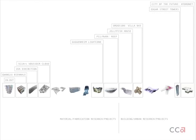What unites the work is this interest in heightening the performative aspect of architecture in terms of space, form, material, and fabrication technique, particularly in relation to site and experiential contexts. We also try to work with an idea of adaptation, in terms of having the familiar be adapted to particulars of environment, so that it can produce a transformative or synthetic result